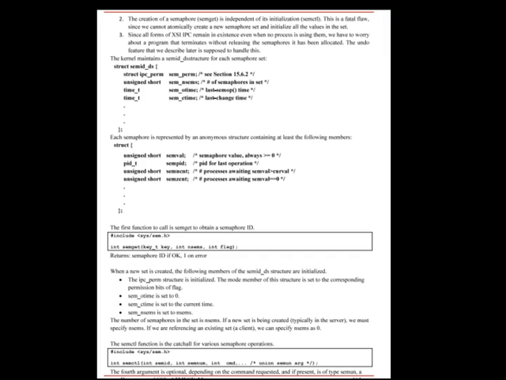The message type can be used by the receiver to fetch messages in an order other than first-in-first-out. Messages are retrieved from a queue by msgrcv. See the syntax here. Returns size of the data portion of message if OK, -1 on error. The type argument lets us specify which message we want. See the table here.